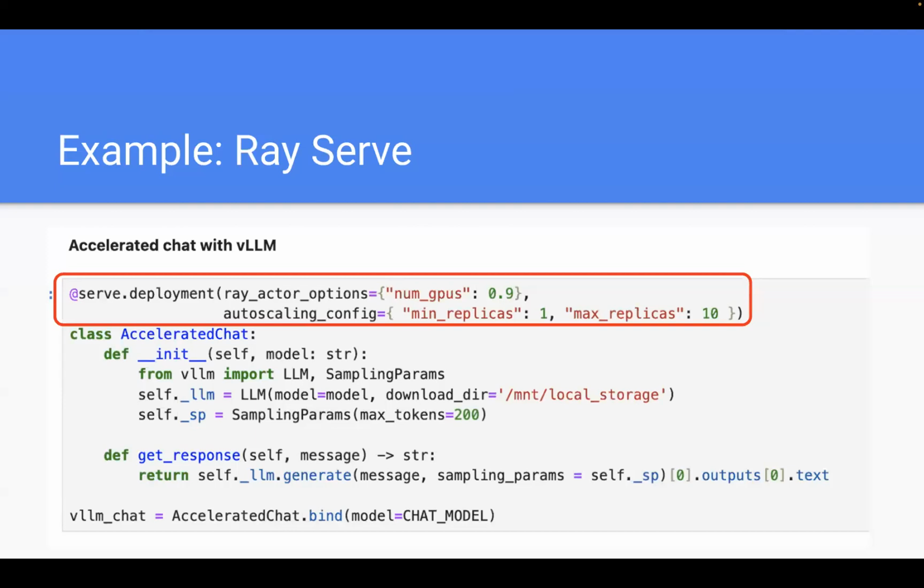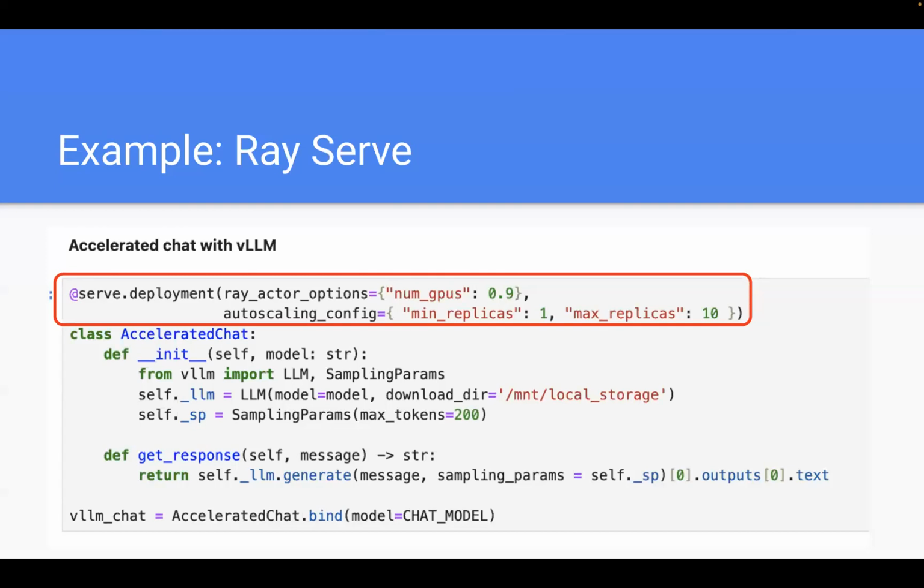So Ray has a library called Ray Serve, which is designed to make it really simple to do this kind of serving at scale and take advantage of all of the other high-performance infrastructure that we get with Ray. Just to highlight a couple pieces in this code example, which demonstrates serving a chat model using VLLM. To turn a regular Python class into a Ray Serve deployment, which is what Ray Serve calls the fundamental unit of serving logic, we can decorate it with this @serve.deployment decorator, and we can tell